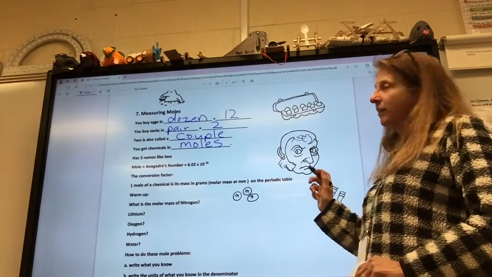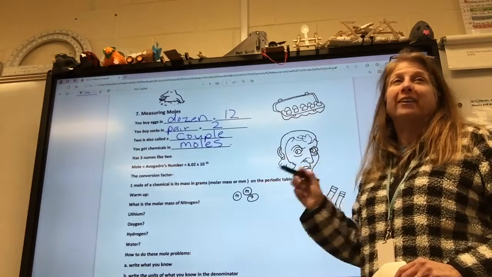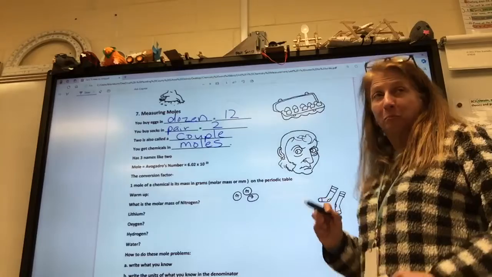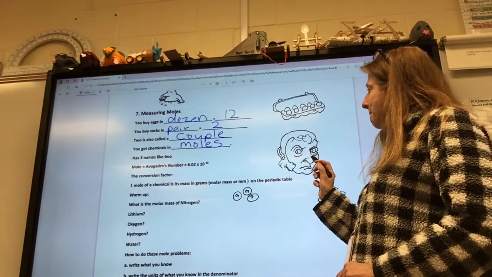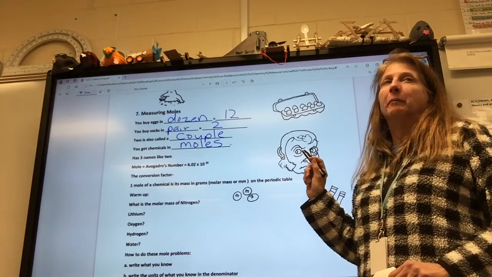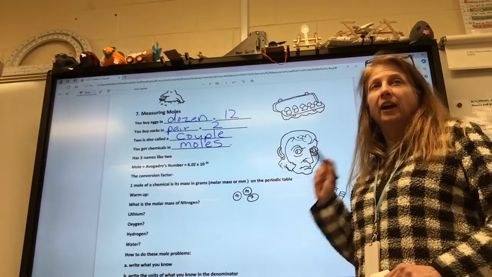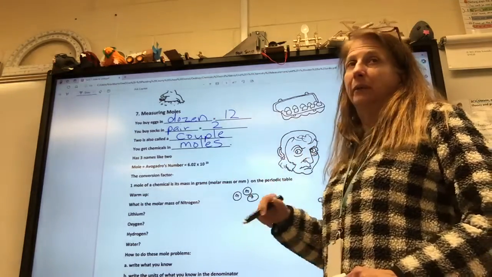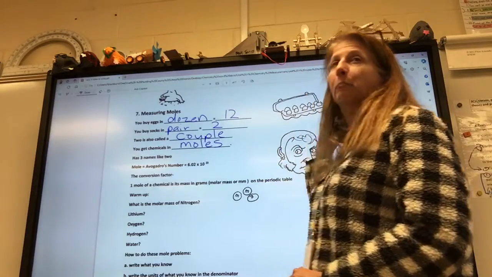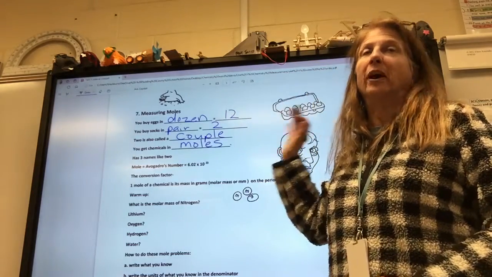The only picture we have of him looks like that. He looks so crazy with his big eyes and the way he's looking. Does he have red hair? You need to just Google him, look him up. Avogadro, Avogadro's number. This will be the picture. And you can see it's like the only picture of him, and he is so funny looking. But brilliant. Absolutely brilliant. So we honor him.